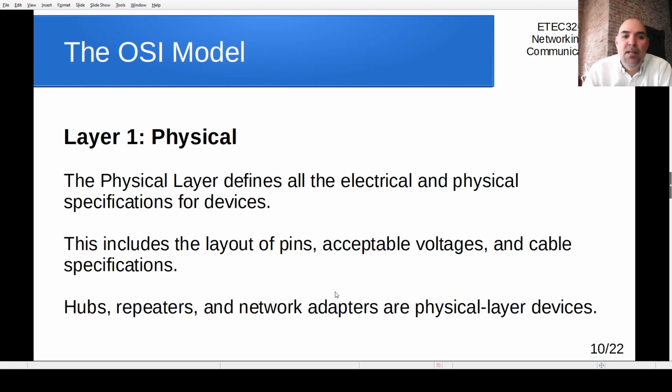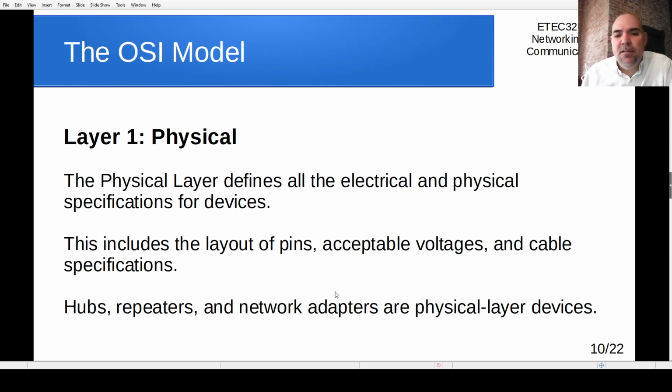All right. Now, let's go through these layers one at a time and get a little more detail in them. We're going to start from the bottom and work our way up, rather than work our way down like we did in that chart. The physical layer